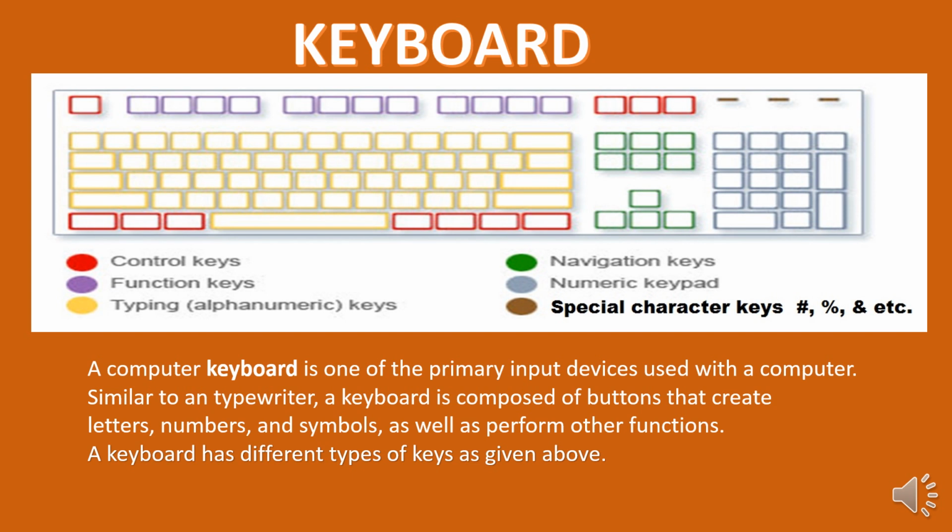When we talk about alphanumeric keys, the yellow pad, there it is a combination of alphabet and numbers. When we talk about navigation keys, you might have seen the 4 arrow buttons like up, down, left, right and page up, insert, delete and many more, page up, page down, all these buttons are there under navigation keys. In numeric keys, that is a special numeric keypad along with an enter button and plus sign, minus sign, etc.